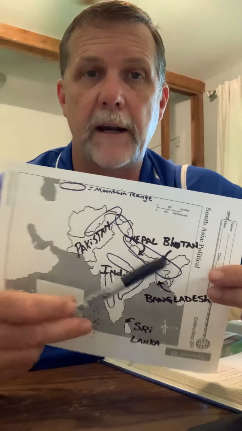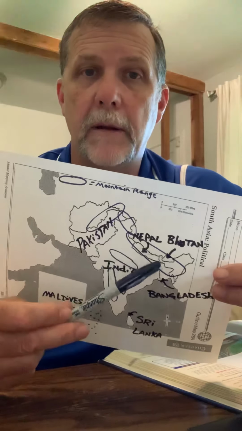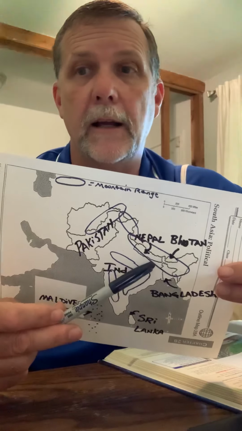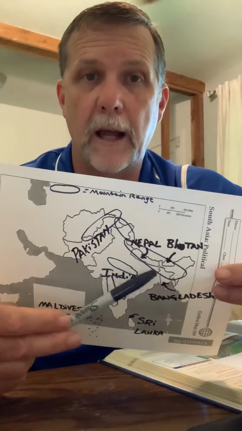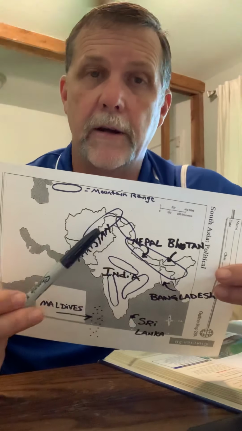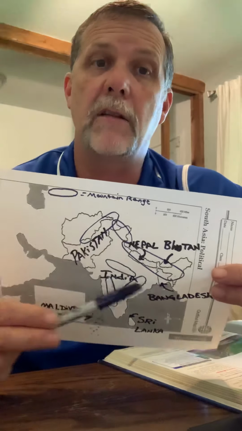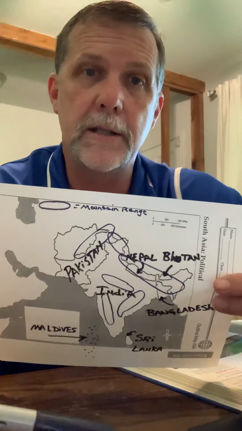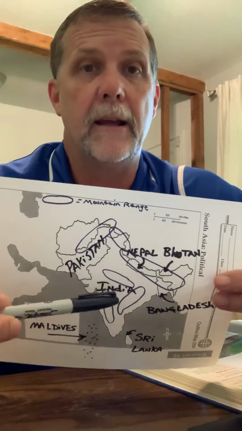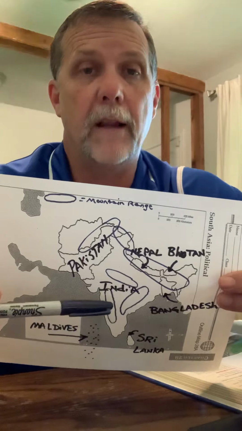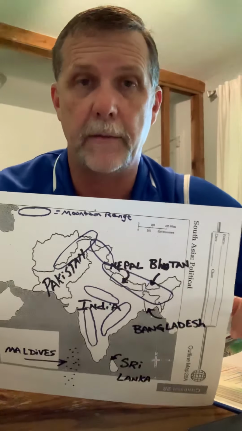As they hit these mountains right here, any water that's left over in the clouds, by the time they hit the Himalayan mountains, they're going to be squeezed, and all that water is going to fall down into that river system of the Ganges and the Brahmaputra, or over here into the Hindu Kush, and into the Indus River Valley. And so with that being said, there's a lot of water. You're going to go from drought conditions, say maybe in April and May, to flooding conditions in June and July. And they have lots and lots of problems with flooding in South Asia come the summer months for us.